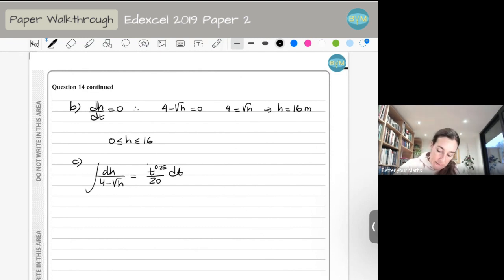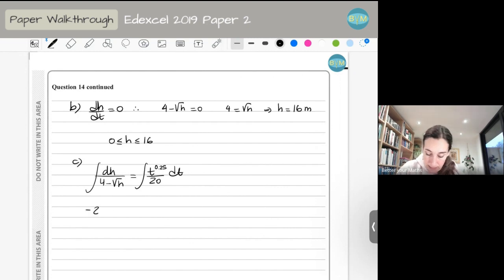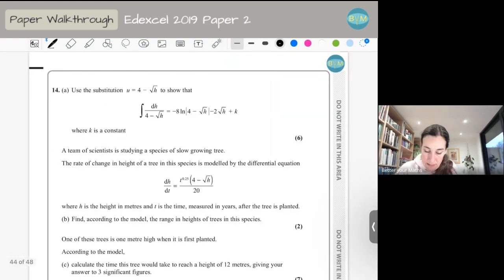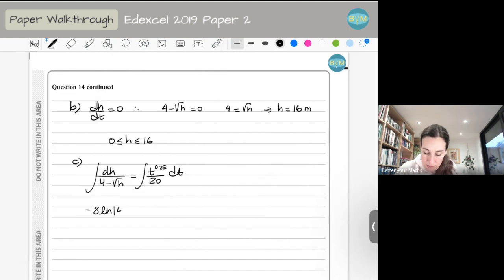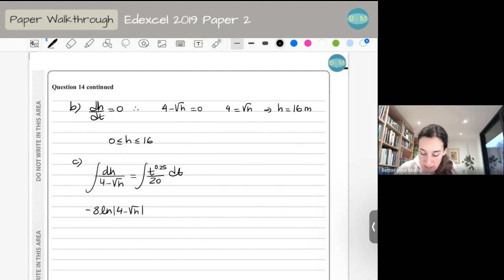I'm going to integrate. This one is already done, so don't integrate again. And this one is simpler. So we have the integral of dh divided by this value here, and even if you are not able to do this first part, you can use it. So minus 8 ln(4 minus root h) minus 2 root h plus k is going to be equal to